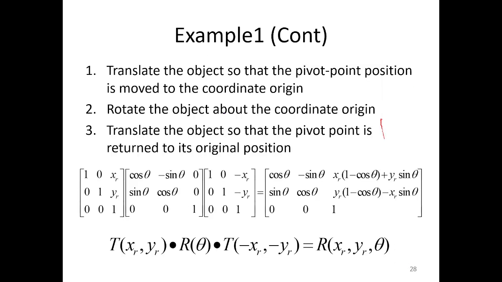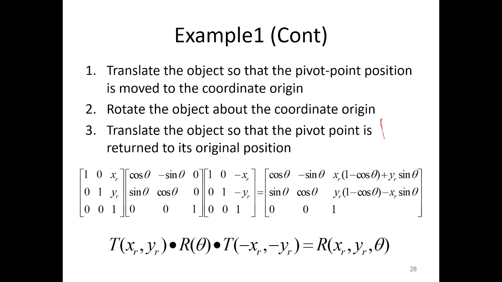First, translate the object so that the pivot point position is moved to the coordinate origin, that is 0 comma 0. Rotate the object about the coordinate origin. Translate the object so that the pivot point is returned to its original position. The matrices are 1 0 xr, 0 1 yr, 0 0 1, times cos theta minus sin theta 0, sin theta cos theta 0, 0 0 1,